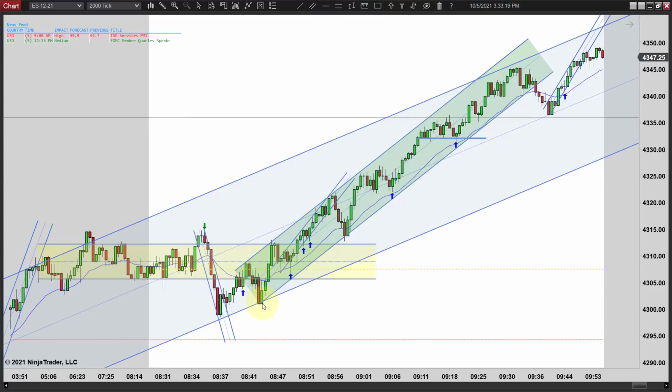And then it comes back, gives you 2 legs back, but you don't have a good enough signal bar here to enter long, or that would have been a good place. But if you're just patient, a few minutes later you get a first entry short, a second entry short, and a great place to go long. There's enough room to get out right there.